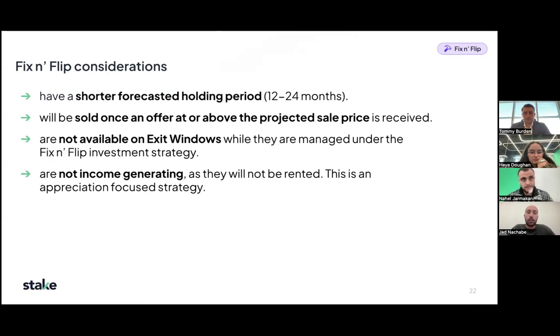Right, those are typical strategies, not to deter from them, but they do forecast a whole period of 5 years, because it's an income generating strategy. You need time to start accumulating income and wait for the property to appreciate in value. Whereas in the case of fix and flip, within a shorter time period, we're able to add value and accelerate